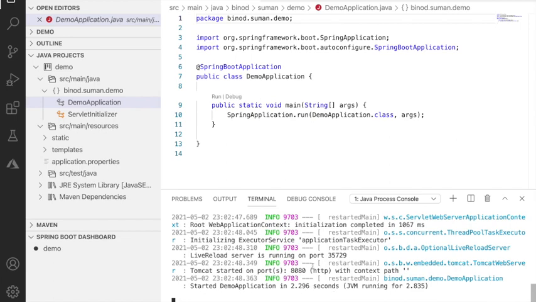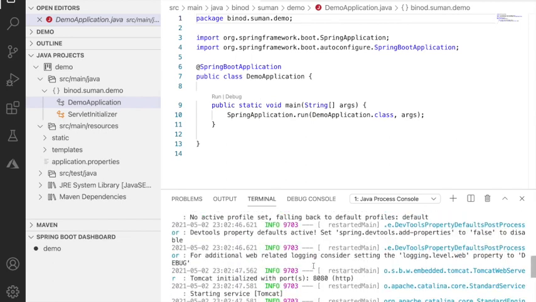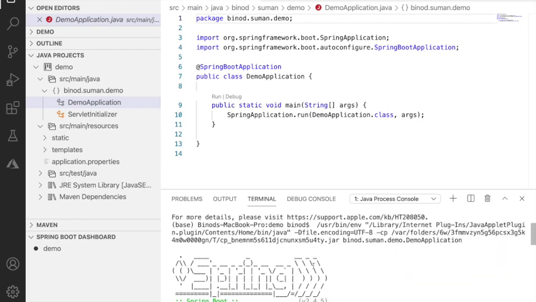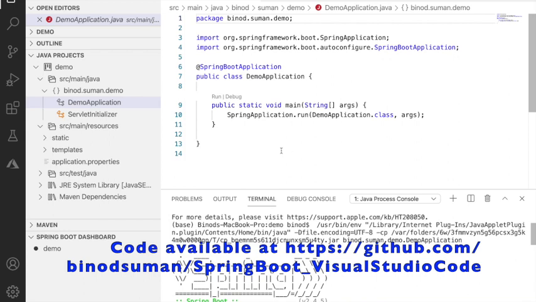So now the application has been started. See, it's so easy to develop a Spring Boot application with the help of Visual Studio. So let us write some code, then we can test it easily, right? I will write one controller, so it will be easy to show.